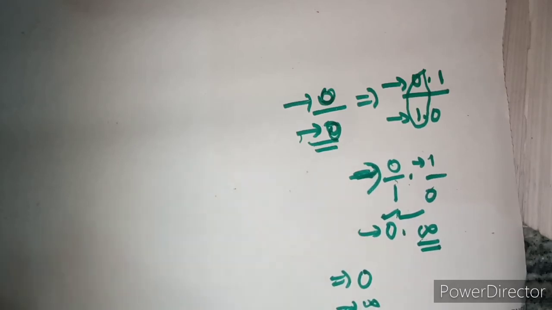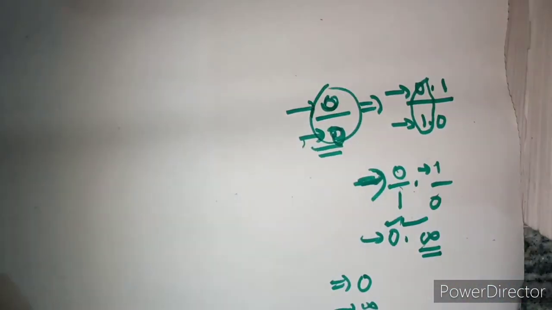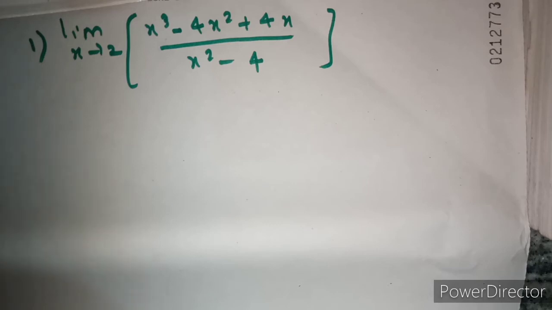So mathematicians gave this 0 by 0 form as indeterminate form. The value cannot be determined, or otherwise, if a mathematical expression has more than one different value, then it is called an indeterminate form. If they have given a question of this form, 0 by 0 form, we are going to rewrite the function and cancel the factors because of which we are getting 0 by 0 form. Okay, so here is the first question based on indeterminate forms.